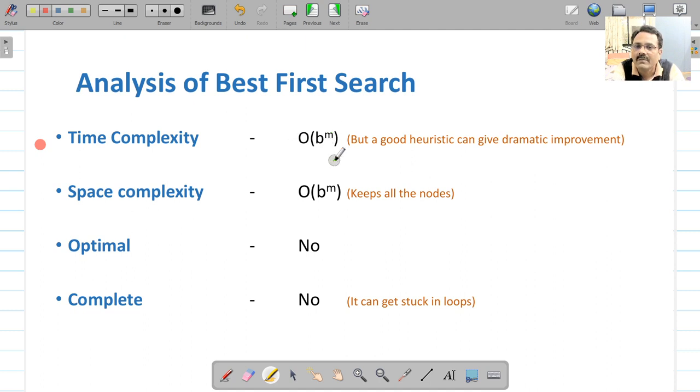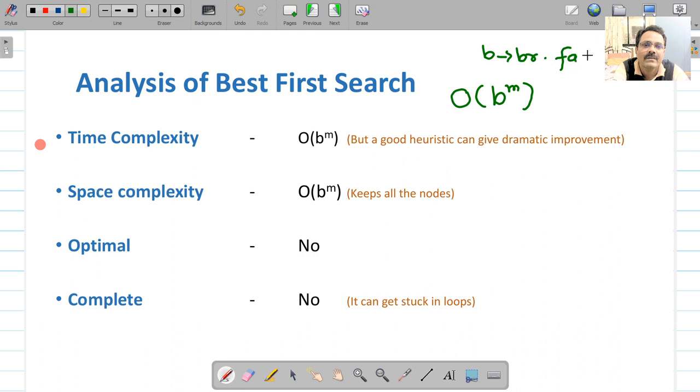So the time complexity in the worst case will be of the order of b raised to m, where b is the branching factor, that means how many branches there are for every node on average, and m is the depth of the search tree where you have found the goal. But if your estimate is good, if you have a good heuristic function, then your time complexity will be drastically improved.